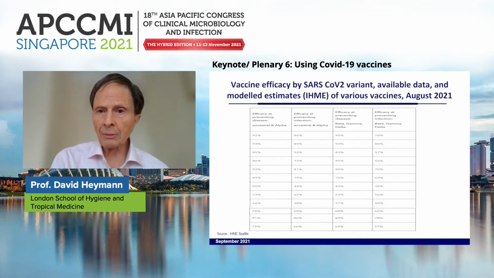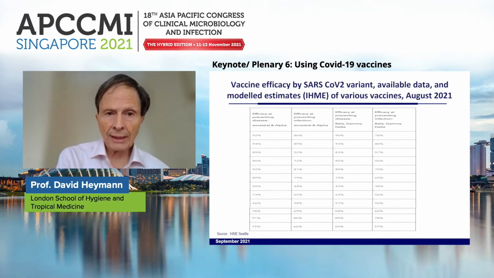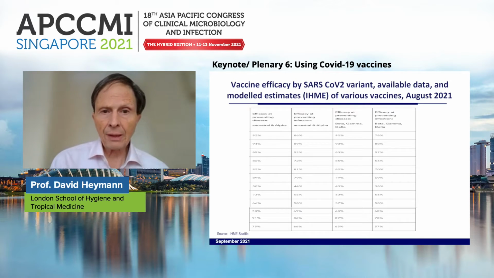And in the last column, you'll see efficacy at preventing infection coordinated with what was done beforehand. What you can see if you look at the top line is a vaccine that had 92% efficacy in preventing illness, serious illness and death, with an ancestral vaccine, had an 80% chance of continuing that with the new